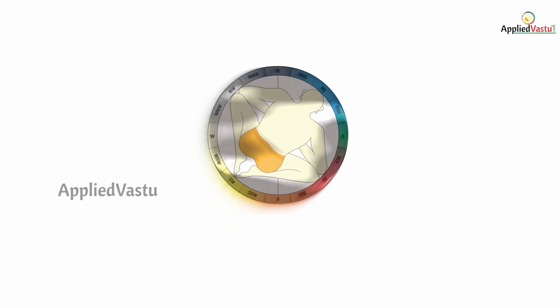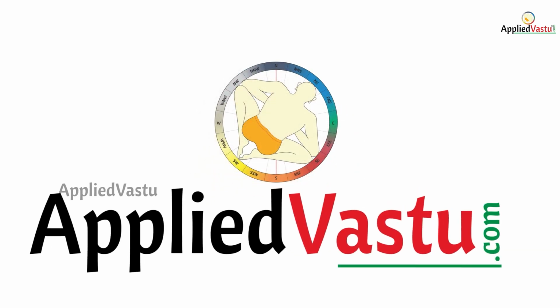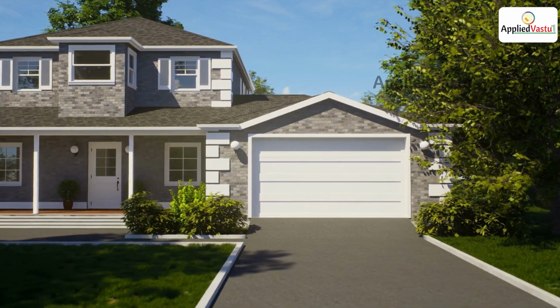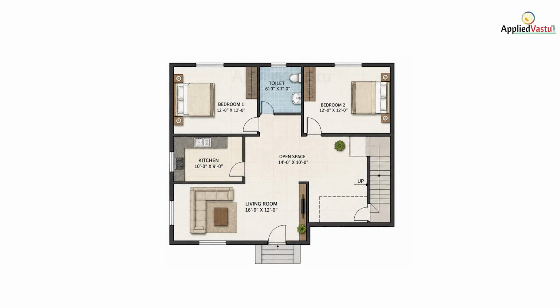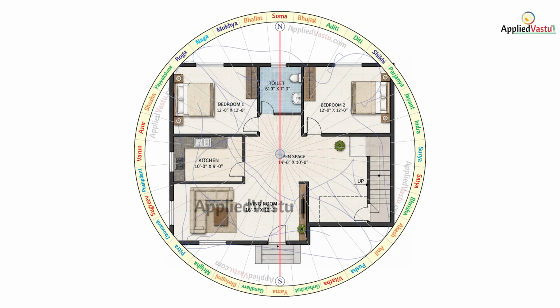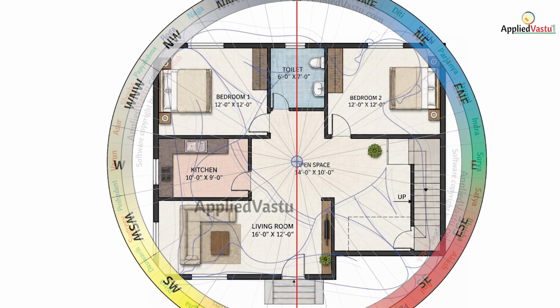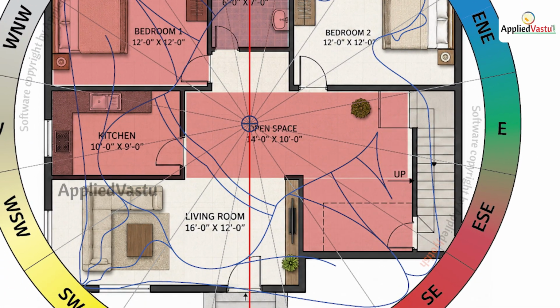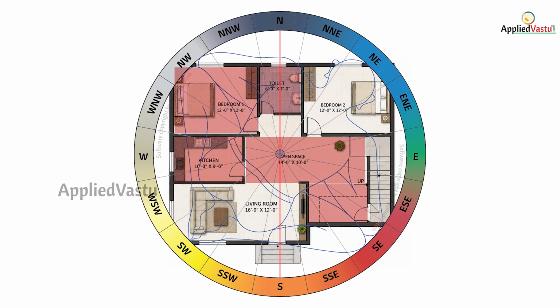This is class number 15 of the Applied Vastu Free Preliminary course. In today's class, we will focus on Home Vastu. We will understand how to determine the facing of a house, how to identify directions accurately, which paths are considered auspicious for the main door, and where the kitchen, bedrooms, toilets, open spaces should ideally be located according to Vastu